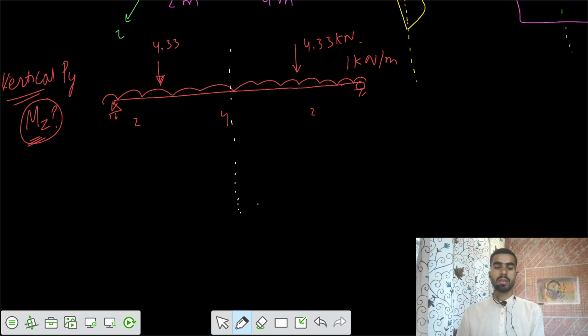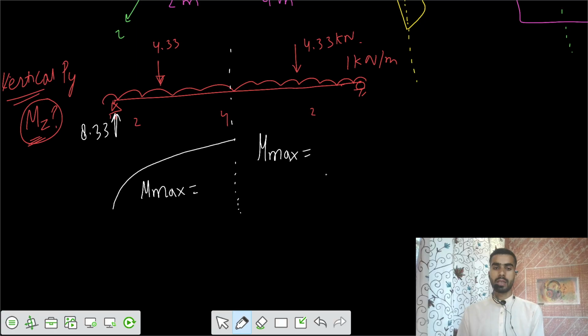Maximum bending moment? So clearly we can say some parabolic variation would be there, and the maximum bending moment would be at the mid. So if you solve for the reaction, the value of the reaction comes out to be 8.33. And if you solve for the maximum bending moment, M max, or we can say Mz, that equals 8.33